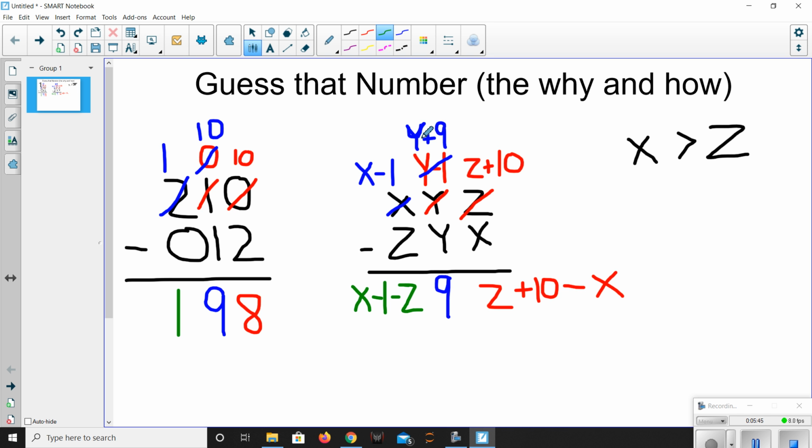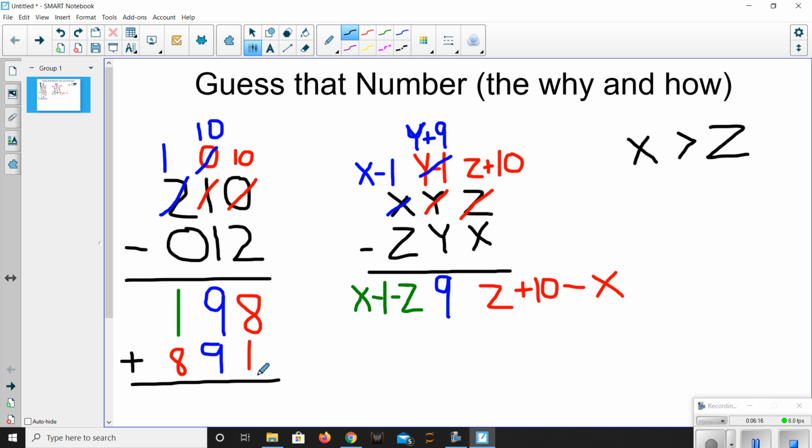Now, the next step was to reverse the digits of the difference and then add them. So that's exactly what I'm going to do. I'm going to reverse. So this becomes 8, 9, 1. Okay. And then when we add it together,